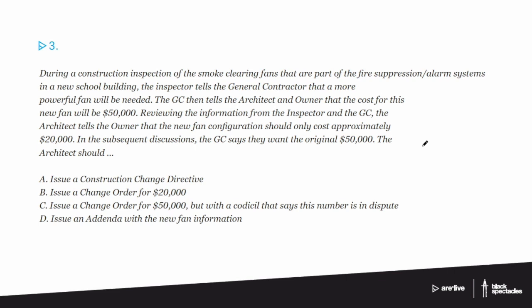So then we look at C and we say issue a change order for $50,000, but with a codicil that says the number is in dispute. Well, that actually doesn't really make any sense. It seems like a good answer because it's sort of the truth. You really kind of want to move forward, but you want to say, but wait, we haven't actually agreed to this. But the entire point of a change order is that you are changing, the change of change order,